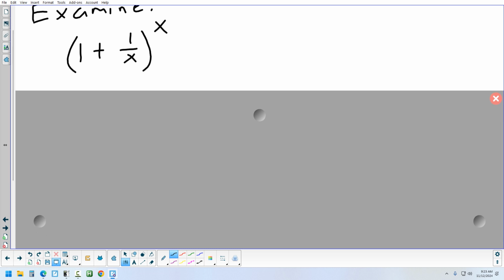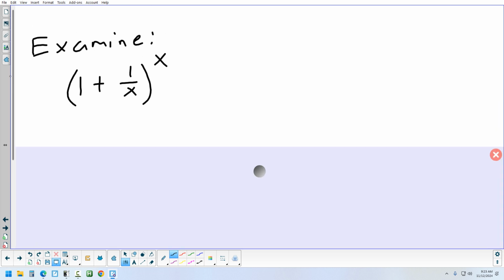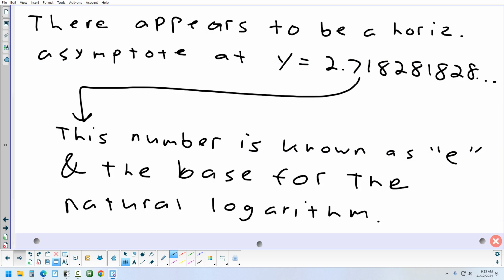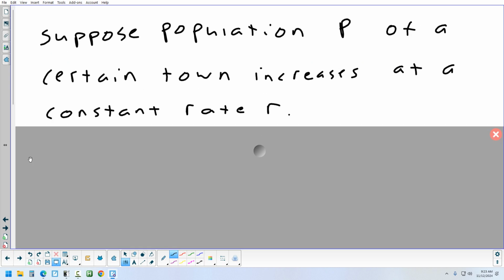That one I'm not going to talk about right now. We're going to talk more about that when we get into logarithms. That'll be another day. All right, so the last thing we want to get into is looking at some